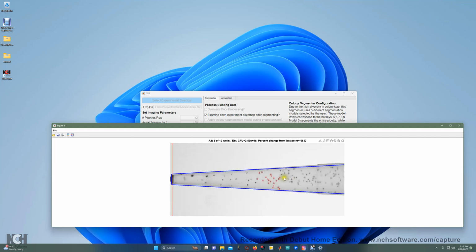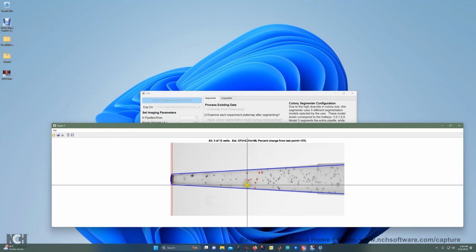So an important thing about counting, when we begin counting these colonies, is that the math only cares about the position of the first colony from the tip, so that would be this one, the position of the last colony from the tip, that would be this one, and the number of them in between. It does not care about their position in between. So for example, if I was counting this